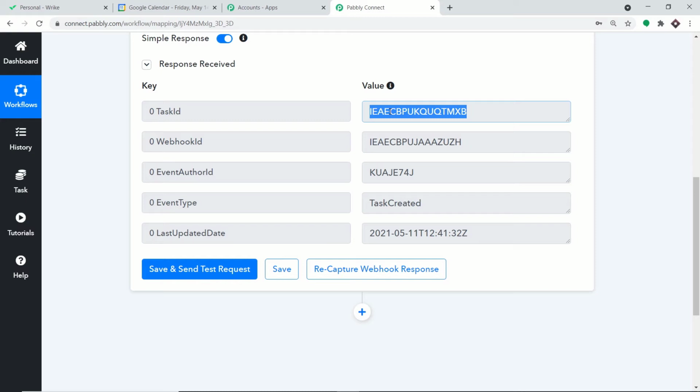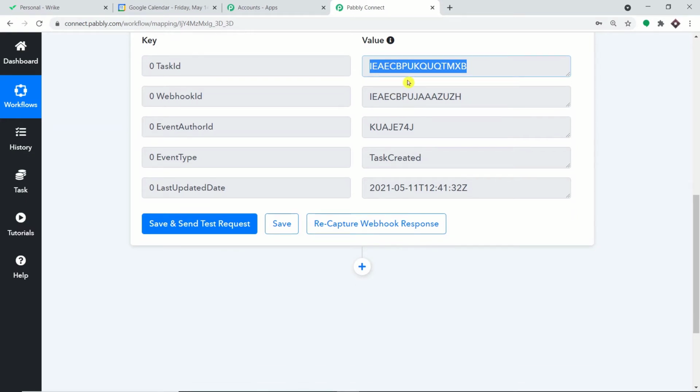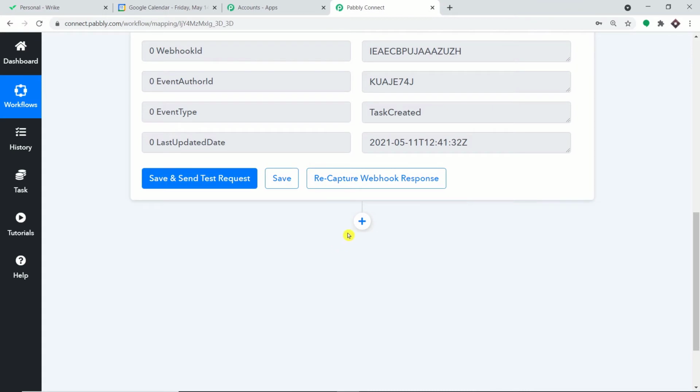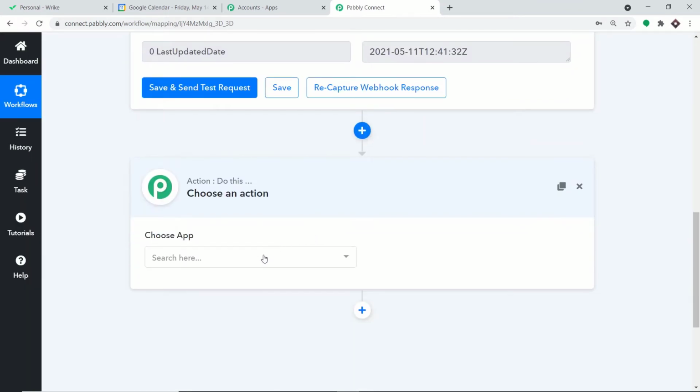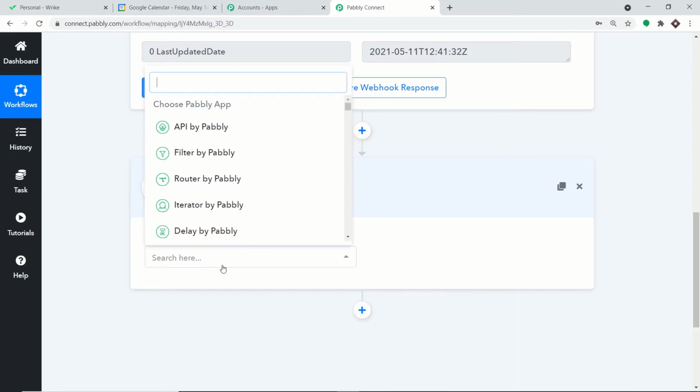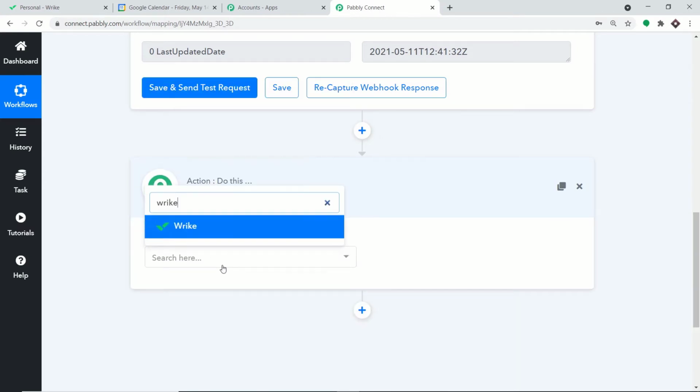We want the assignee name, we want the description, especially we want the start date as well as the due date, because it is quite important to create an event in Google Calendar. Without that, it is not possible. So what we are going to do here is extract all this data from this particular address. So that is why we are going to build one more action window. So in the Choose app, how about we make it as Wrike. Okay, Wrike once again.